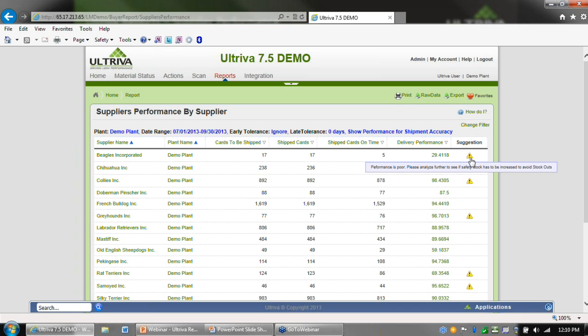Typically, if the supplier performance is 95%, you may have to carry 5% extra, and if the supplier performance is 30%, you may have to carry 70% extra inventory to compensate for the supplier performance. So this is our key